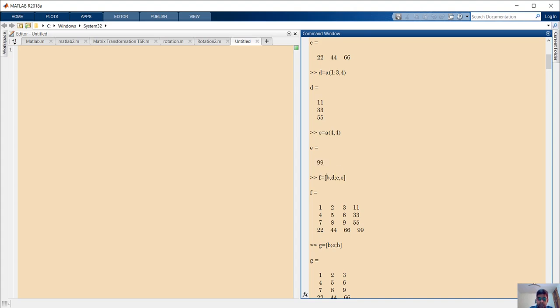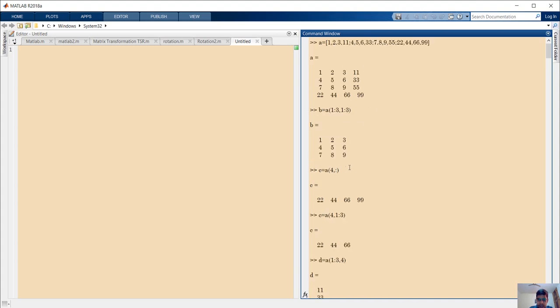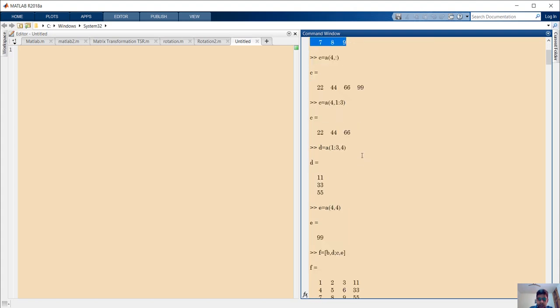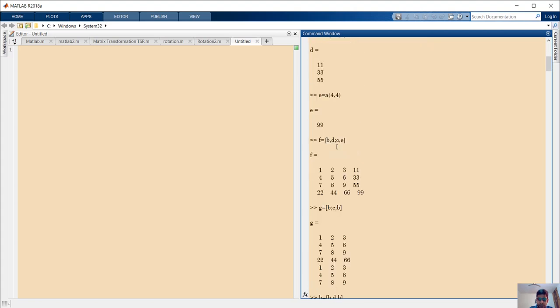Okay, if I want to create a matrix F, which is B comma D, meaning B will go with D, since D is a column matrix, containing 3 rows and 1 column, that is why it is able to concatenate with this B having 3 rows. Otherwise it won't. If it had 4 rows, then it won't. If it had 2 rows, then it won't. It has to have exactly as many rows as D is having,